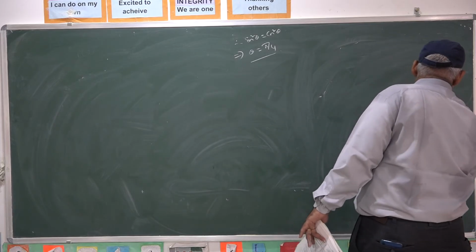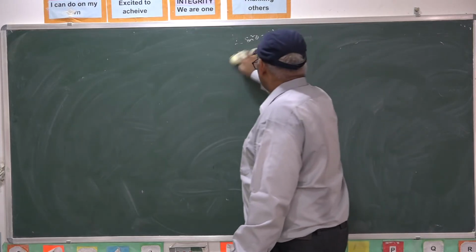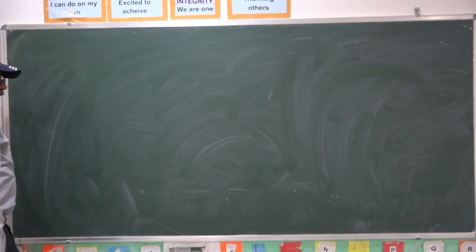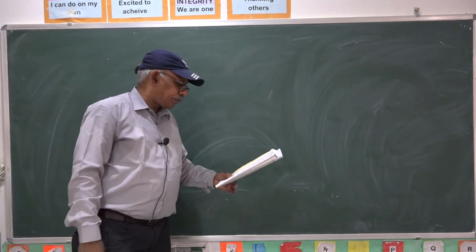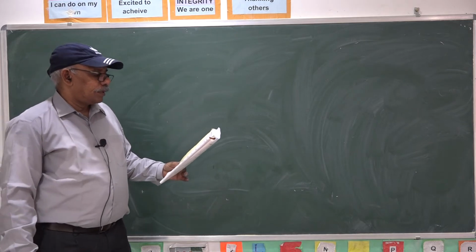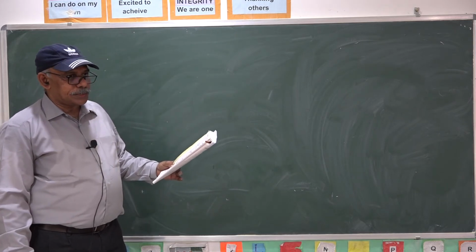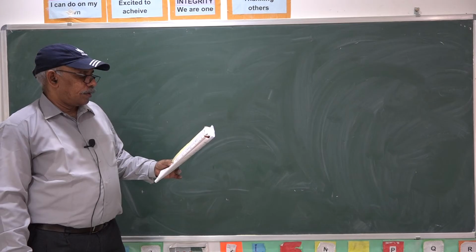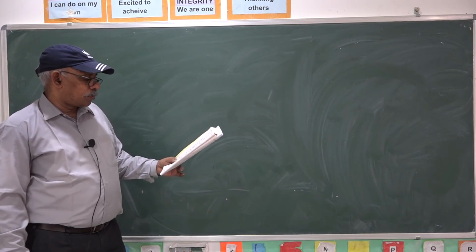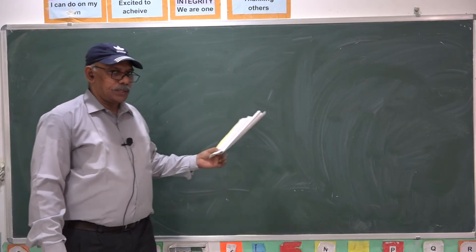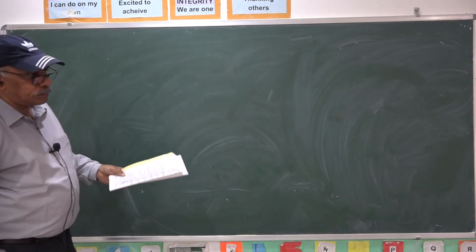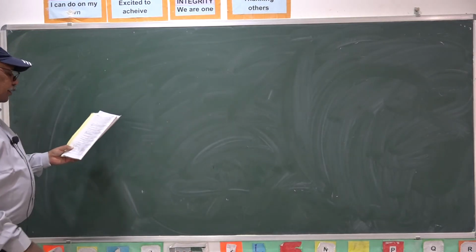Next, in JEE Mains, each question carries 4 marks. So for each question, a minimum calculation is needed, because it has 4 marks. At least the problem can be done in 3 to at least 4 to 5 steps.